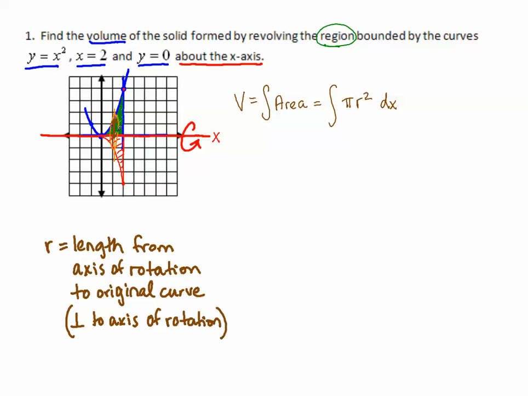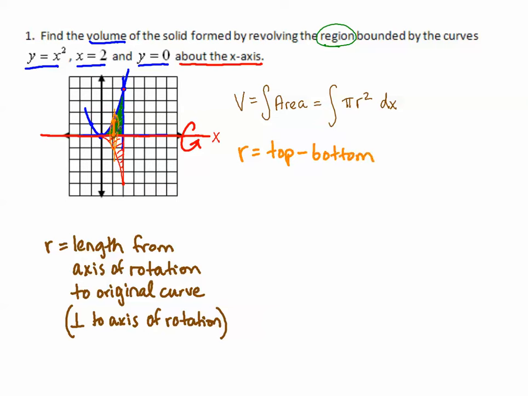So we're drawing from our axis of rotation up to the original curve. So our radius is going up and down. Maybe you can see this better if I make it a bright color. Our radius is going up and down. So how do we write down what our radius is? Well, if it's going up and down, we measure from the high numbers minus the low numbers,